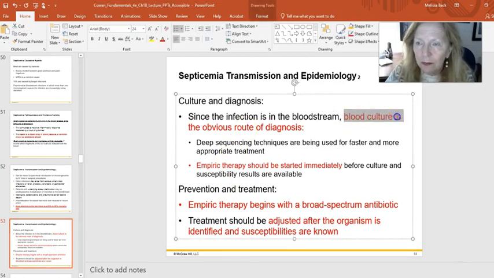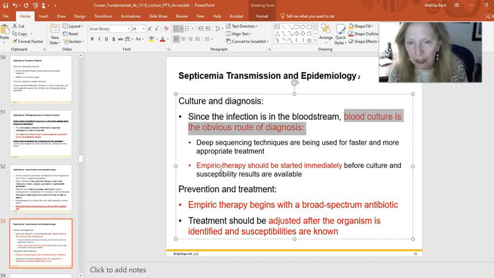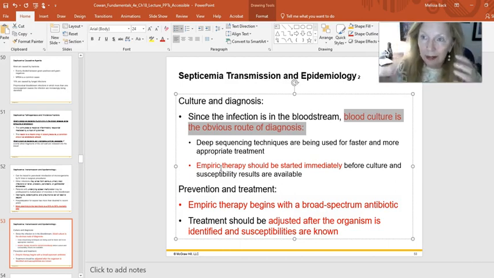Blood cultures are necessary to definitively diagnose it, so you have to end up getting blood cultures, but treatment's going to start right away. If there's any suspicion that someone is septic, treatment starts right away. As soon as the blood cultures are taken, they're going to do IV antibiotics, broad spectrum, so that no matter what it might be, you're trying to treat it. You can't wait for the definitive diagnosis. Gotta get those broad spectrum antibiotics on board, even though they have lower therapeutic indexes, which is going to be tricky for the patient, but you've got to do it because the infections will kill them. So those are going to be the important things to do.